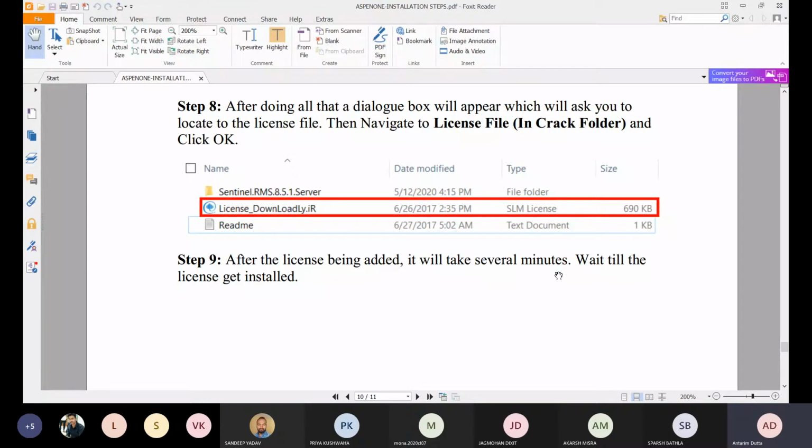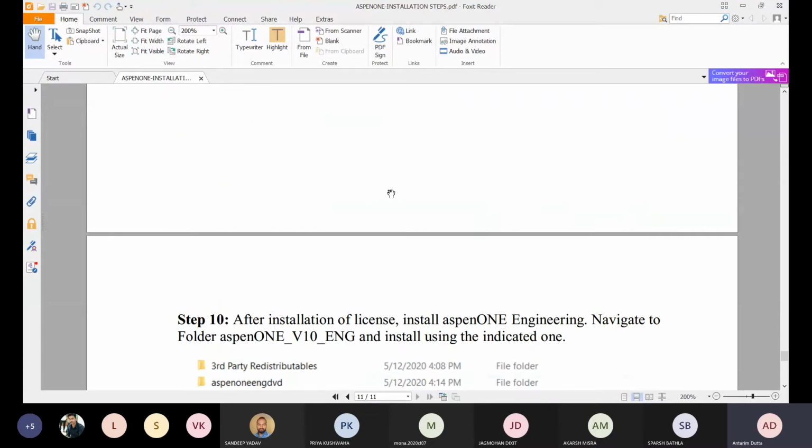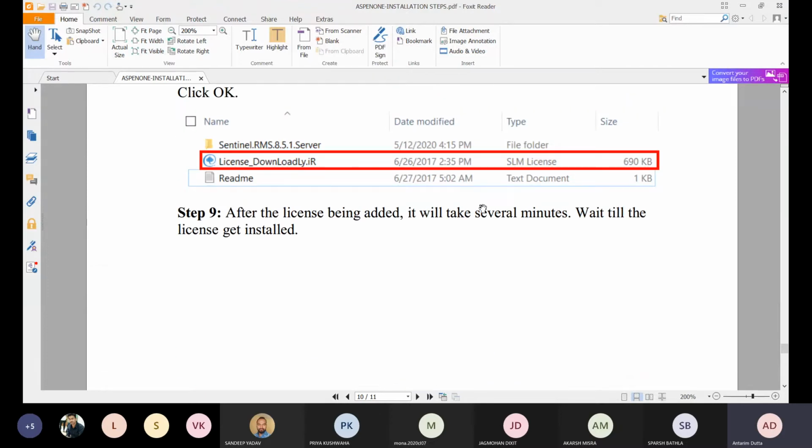So don't rush, don't panic that what's happening, nothing is happening. So just wait for that thing. Give it at least half an hour. If someone's PC is running too slow, give it at least half an hour and wait for that time. Then only do anything else. Or in case you sense any sort of difficulty while doing this thing, you can talk to me as well, so I will be able to sort it out. But don't interrupt the installation steps.